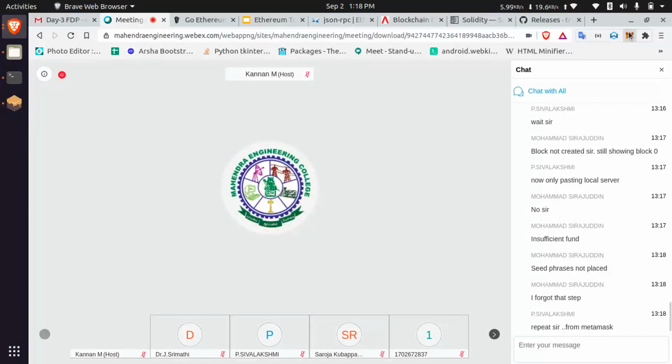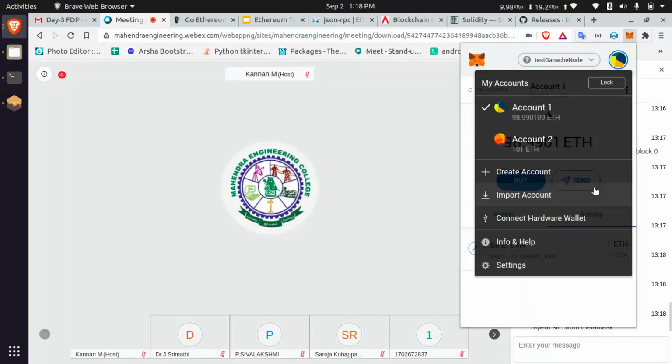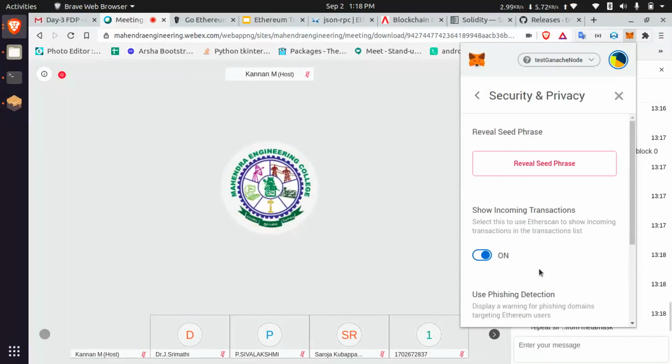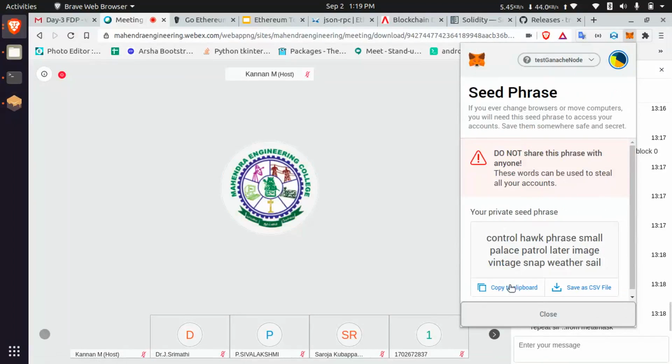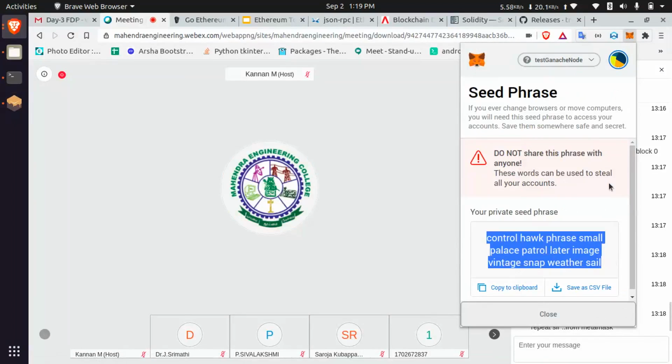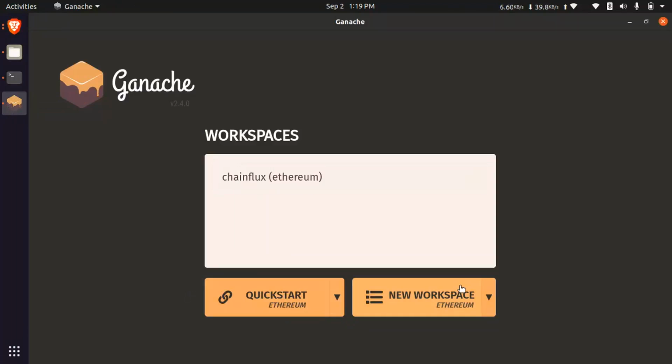I'm going to copy my seed phrase here. Security and privacy settings, reveal seed phrase, and then I am entering my password. So it will give my seed phrase. Why? Because I forgot my seed phrase. Yesterday I removed that text file. That's why I am copying from MetaMask.